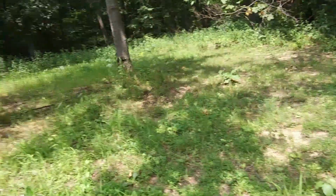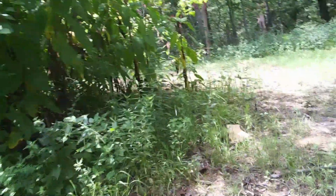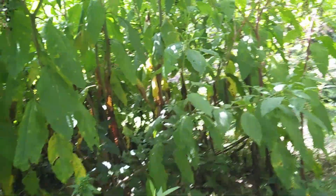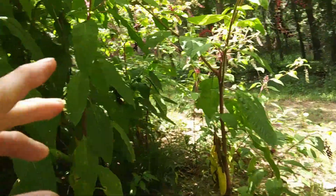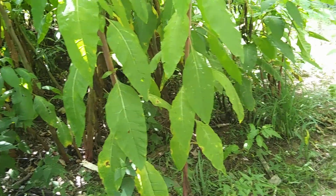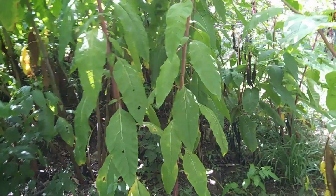Here's a plant that has some caveats to it. You'll find some big stands here because this is one of my things I'm growing. This is pokeweed. Now, poke is a toxic plant. You definitely don't want to eat the roots. And to use the leaves as an edible, which I would do,